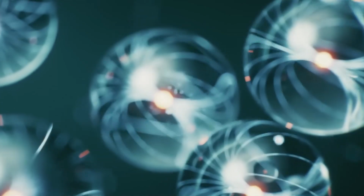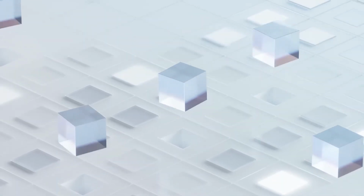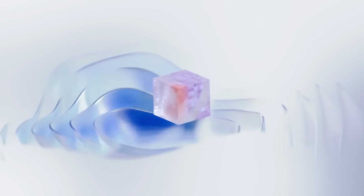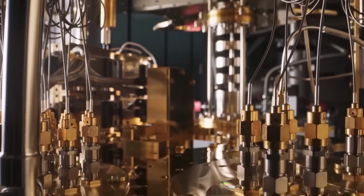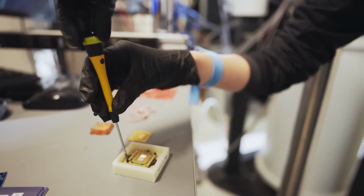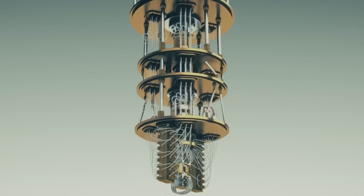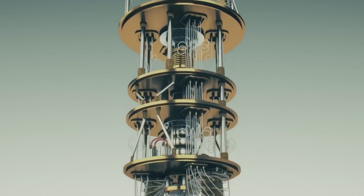In this case, it's about qubits that will have an unprecedented level of protection against external influences compared to other technologies. This, in turn, will enable the creation of truly powerful quantum computers with hundreds of thousands and millions of qubits on a single chip, as opposed to the dozens, or at best hundreds of qubits used by quantum computers